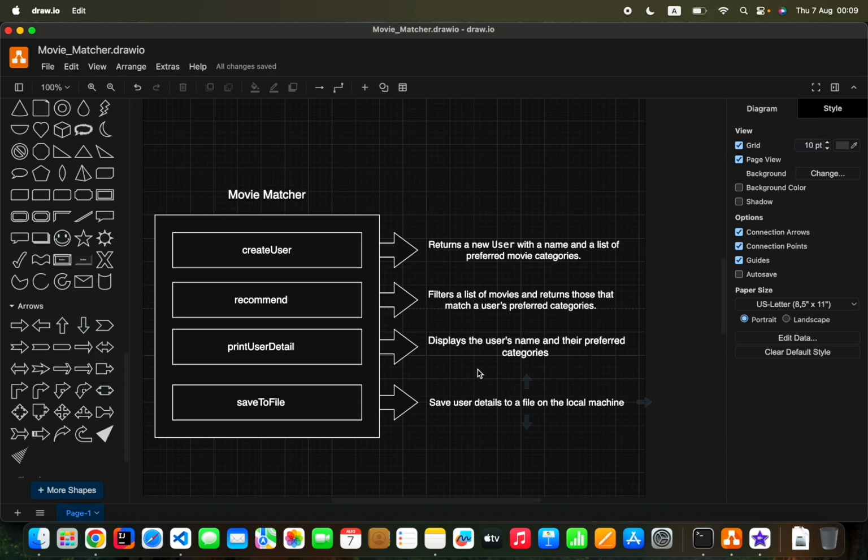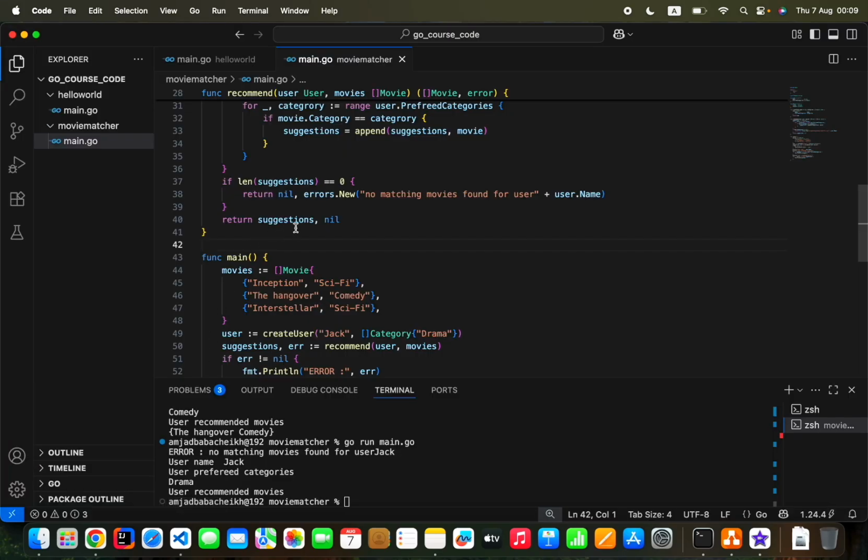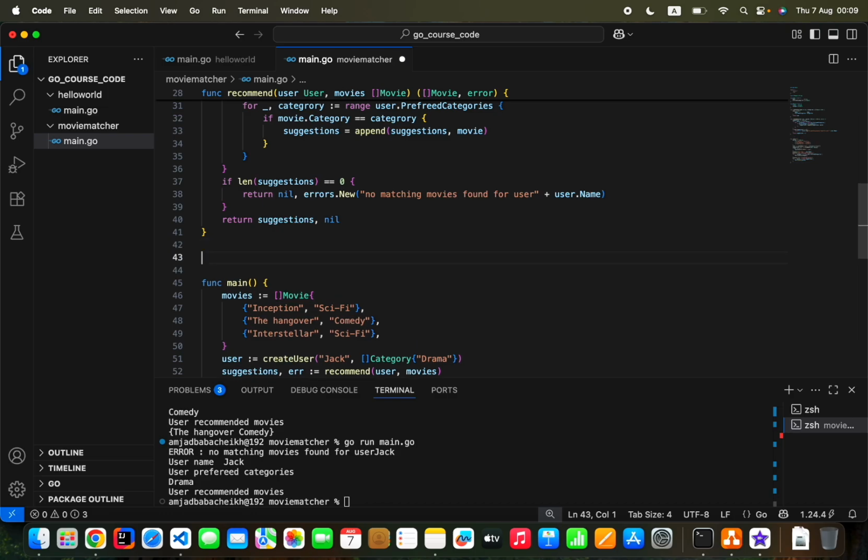In the last lecture, we implemented error handling in the recommend function. In this lecture, we will implement the print user detail function. This function is easy to implement. It will just display the user name and their preferred categories. Let's jump to VS Code and add a function called